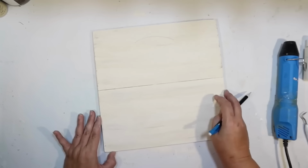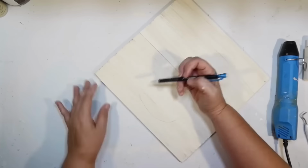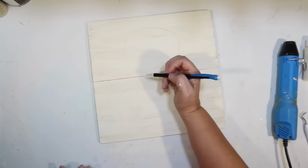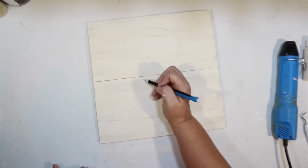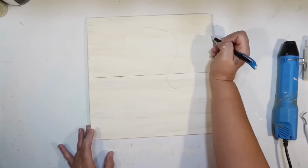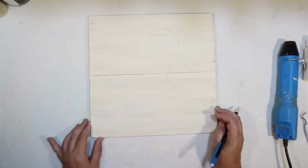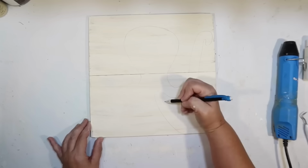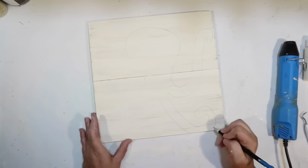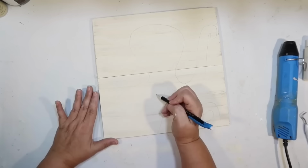I've seen people do many versions of these, and so you can use mine for reference or you can go online and kind of look at what other people have done. I'm definitely sketching this one out with a pencil because, you know, an octopus has 8 tentacles that we got to fit in here. And so this is how I did mine. I'm going to have 4 of the tentacles in front and then 4 of the tentacles coming from behind. I want to include most of them on this sign, but some of them are going to be cut off just because they kind of have to be,